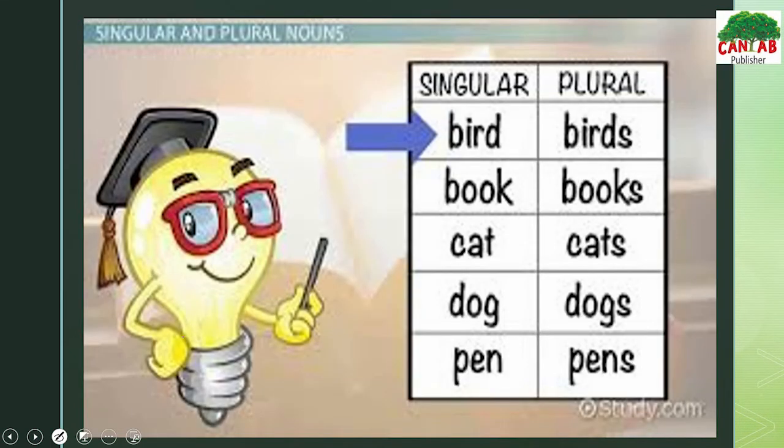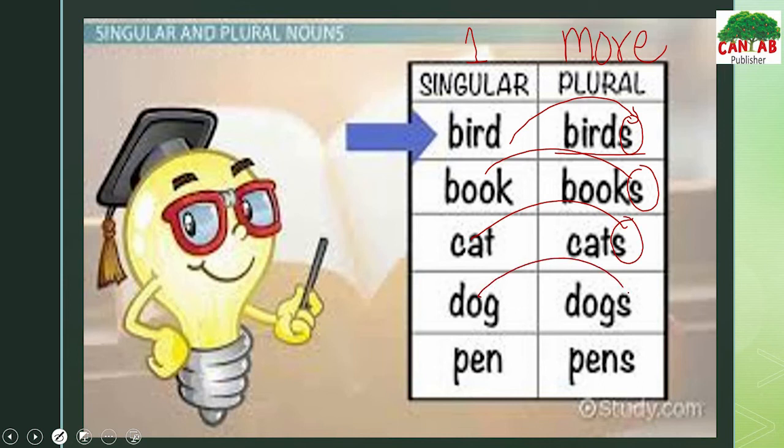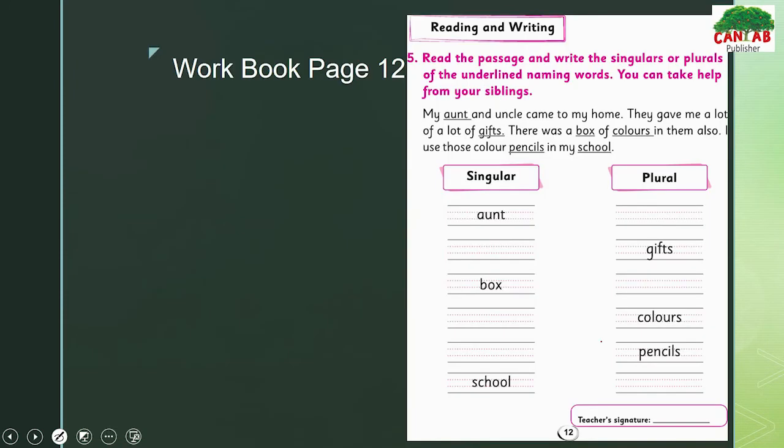We'll revise once again with very simple words. Singular is one, plural is more than one. So the word birds becomes plural with an S. Books, cats, dogs, pens. Now let's practice a little bit more on this workbook page, page number 12, and try